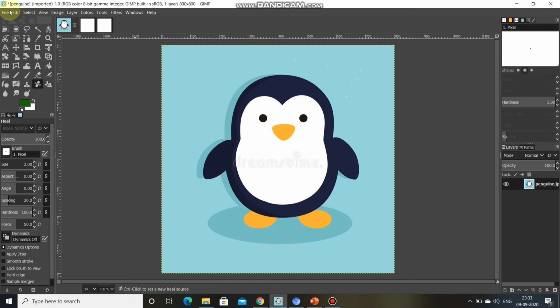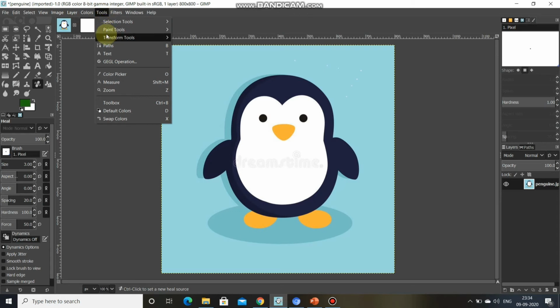So first of all, this is the image menu window. As I've told you previously also, this is the image window. This row, file, edit, these are called the image window. From the image window we have to click on tools. Okay, from tools the tool menu will appear. After that we have to click the text option from here. This is on the sixth number, text, or we can simply press T also, so the text box will open. Create or edit text layers.